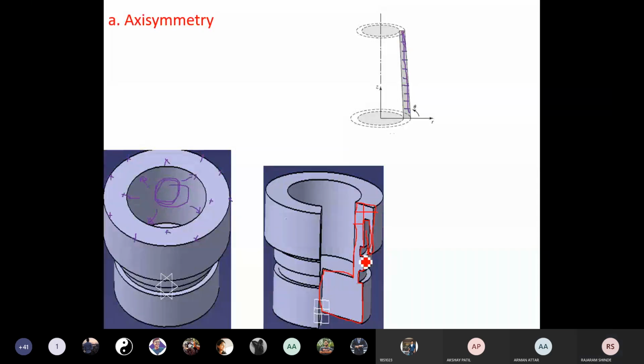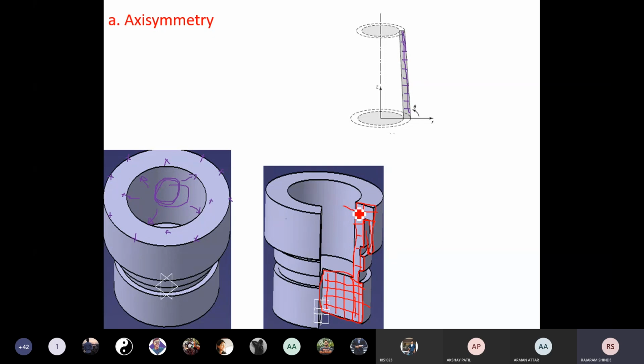Okay, now you see this one. Here you can do the meshing on this surface only, and here you are using only 2-dimensional elements. Okay, now that part only is meshed, and the remaining part is not considered in the modeling of this cylinder. Now you see here, if we go for the complete modeling of the cylinder, you have to use 3-dimensional elements, and here we are modeling with 2-dimensional elements.